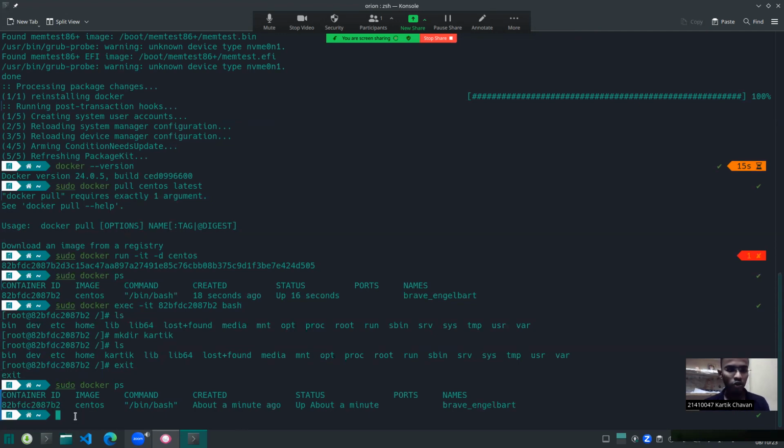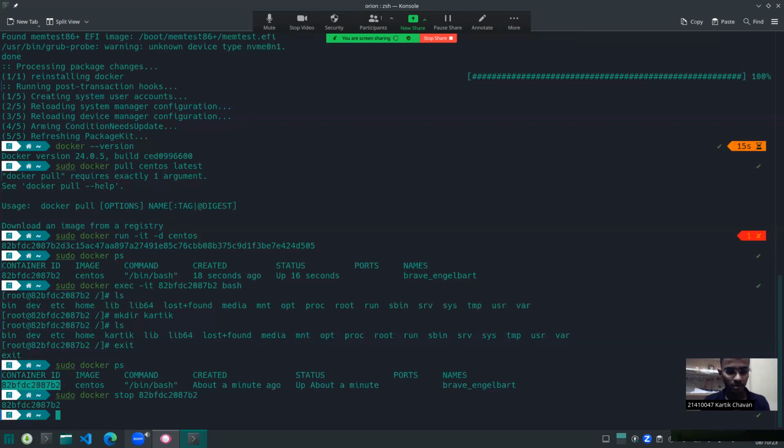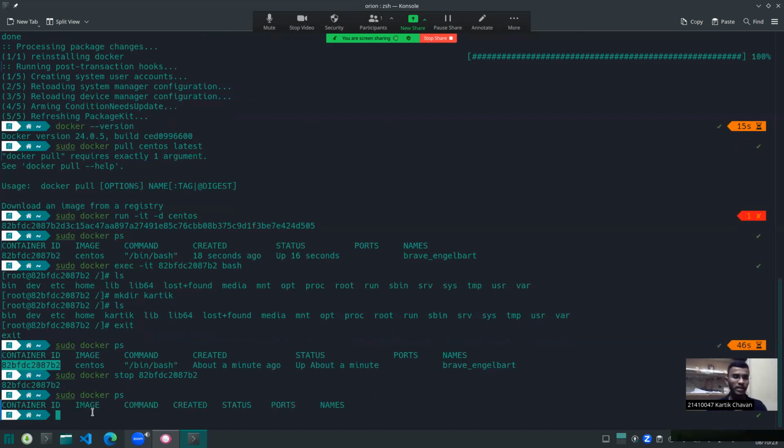For stopping the container, we can write sudo docker stop, and similarly we have to give the container ID. So now it has stopped. We will again verify with sudo docker ps. Yes, we can see there is no container currently running here.